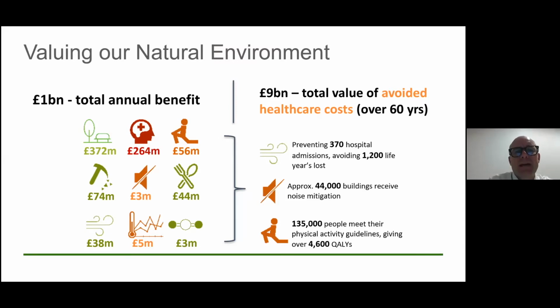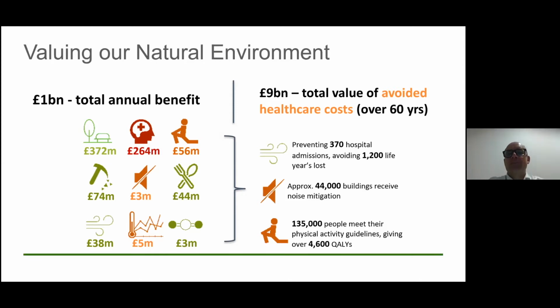But the second one is health, mental health benefits. There are £264 million worth of mental health benefits that our Greater Manchester residents receive each year from our natural environment. And we know that there's a lot of evidence out there about how people benefit from our natural environment in terms of their mental health. And we can calculate that, and then communicate it to our colleagues, like those working in the Greater Manchester Health and Social Care Partnership.